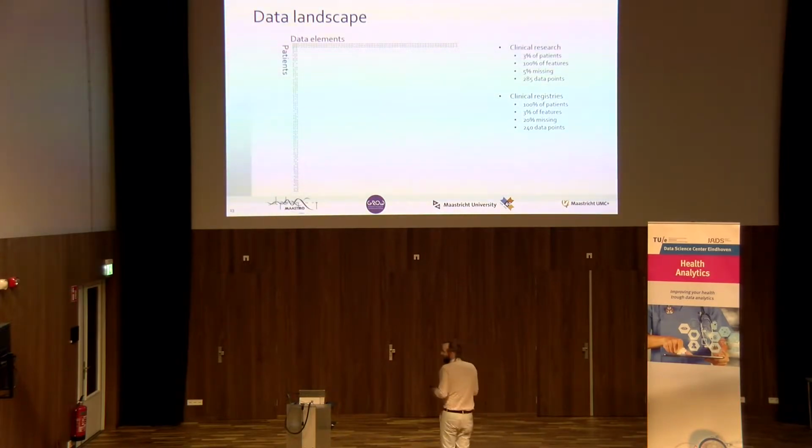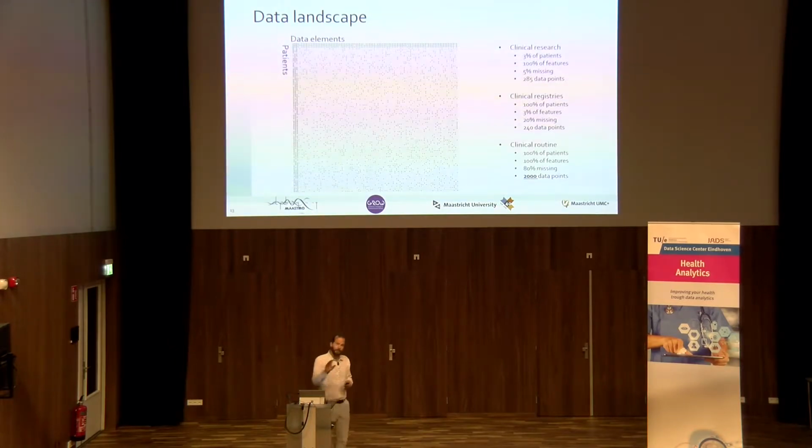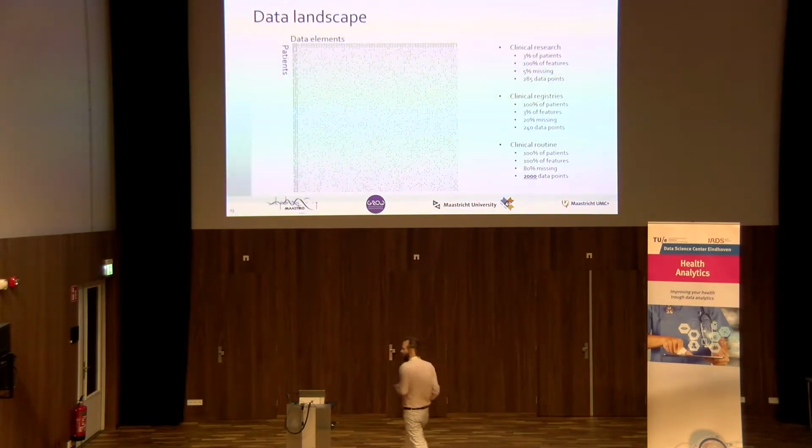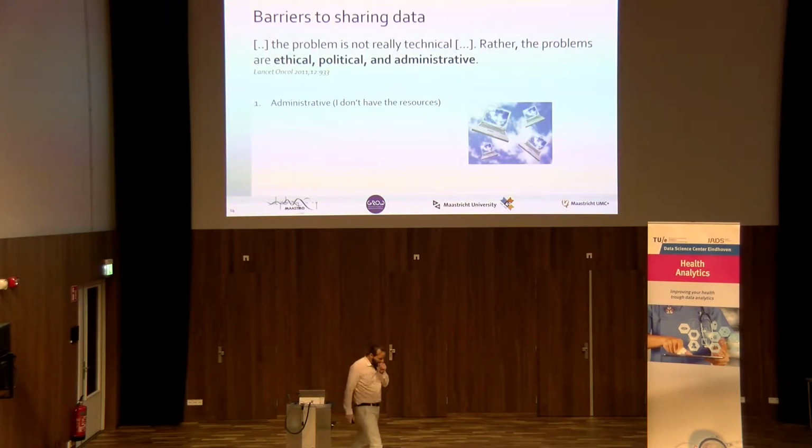Those two are interesting, but our real interest is in the middle, which is the routine data. Because the routine data has all the patients and all the data elements, but it's very low quality. But still, if you count the green dots in the middle, you have 10 times as much more data points than on the sides. So we're trying to get data out of routine care. That's our goal. But when you send your Excel sheet to Australia and you say, fill this one in for me, you get a few answers.